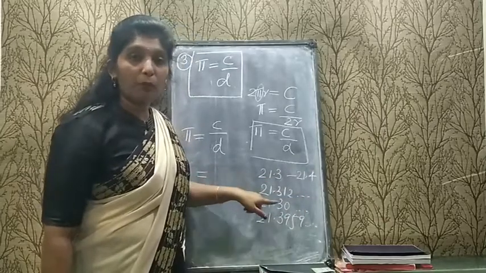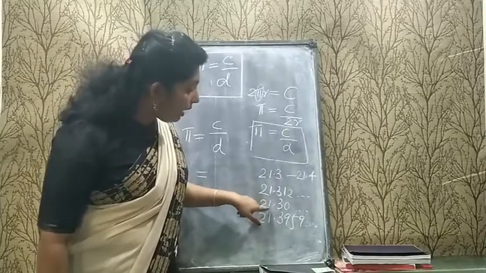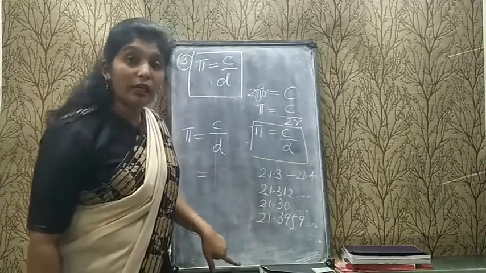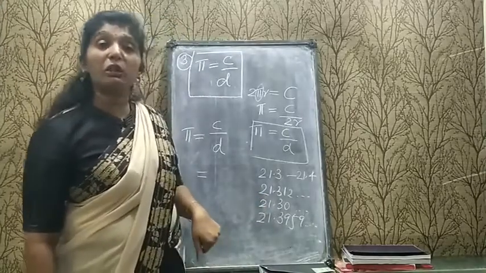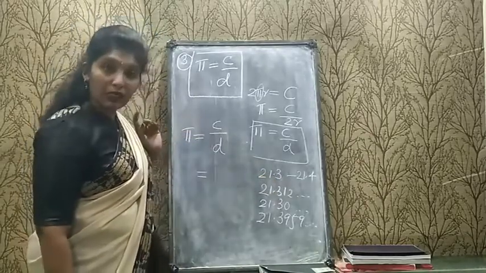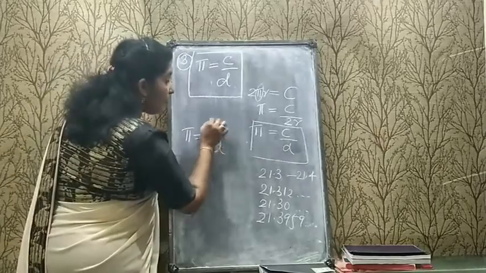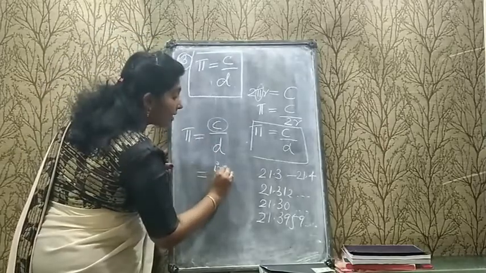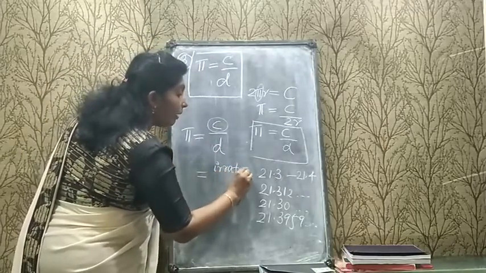So here I am getting the length of the thread as an irrational number. It means the circumference I am getting is an irrational number,